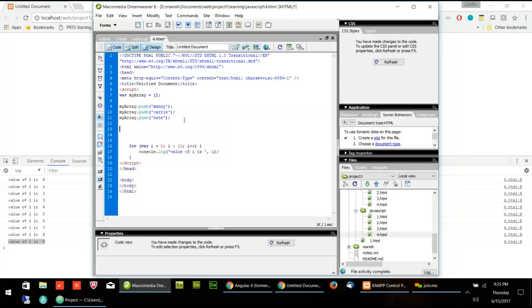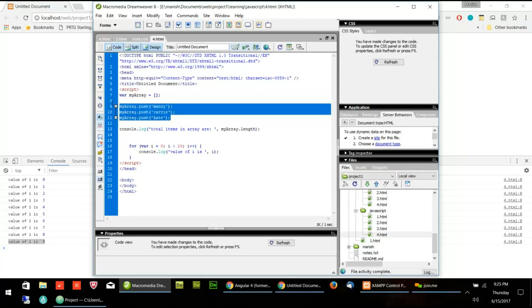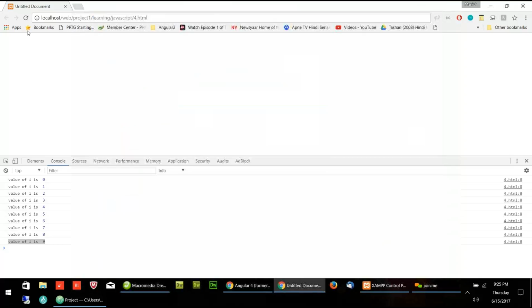So how to find out using JavaScript? I will say console.log total items in array are myArray dot length. If I say length, it will give the total number of elements in the array. So let's see what is coming. It is coming 3. So total items in array are 3.